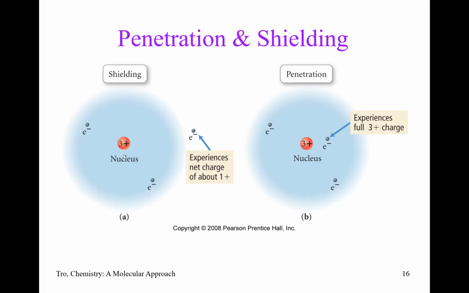So, there's a 3+ charge from the lithium, and the 2 electrons here are kind of like an umbrella, and they cancel out 2 of the 3+ charges. And so this outermost electron only feels a +1 charge instead of the +3. So the inner electrons, which we'll see is called the core,